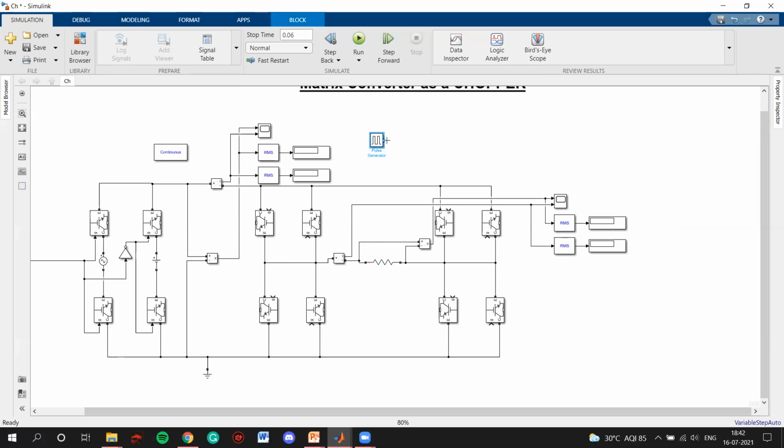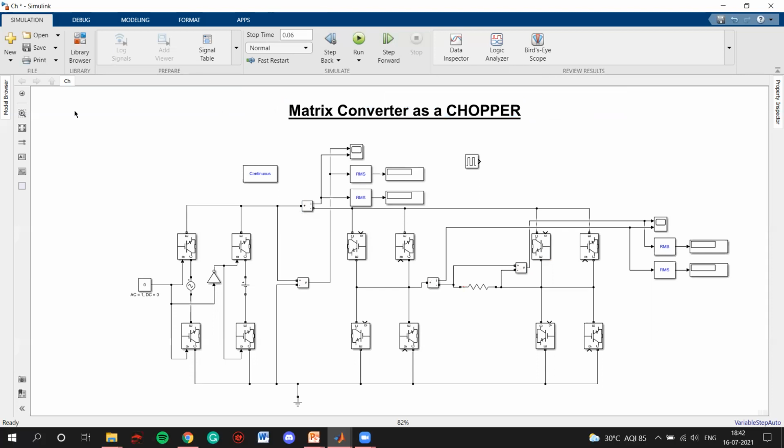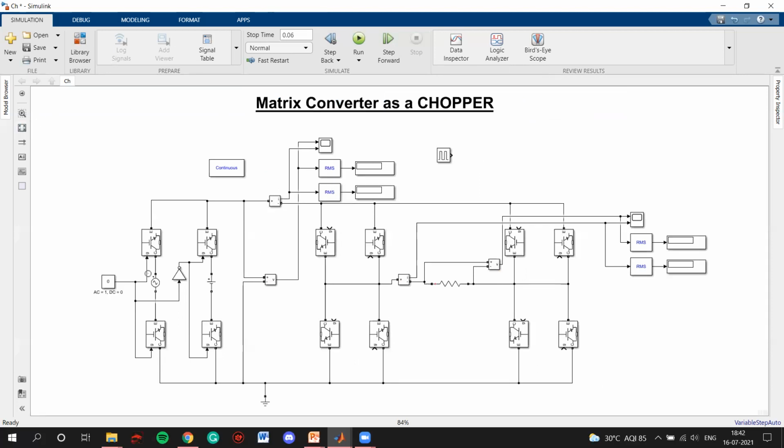So this pulse generator. So now what we will do, we are running it in the chopper condition, right? So what we need to do here, 0, right? So that means our this and this switches will be energized and the first two switches will be de-energized. So this DC source will be put across this whole matrix converter, right? This is S1A.